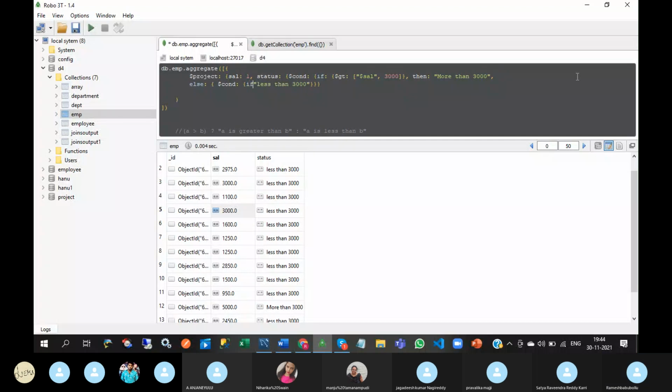If equal sal of 3000, not colon here, again I am doing the same mistake, comma, then it has to display equal to 3000.